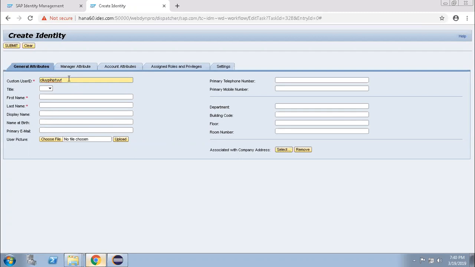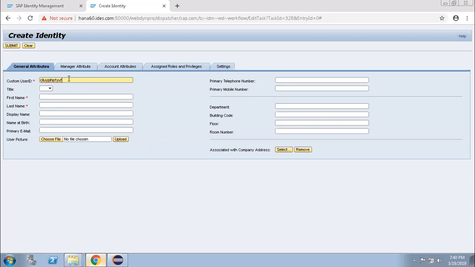But in the SAP system, the user ID is always created in capital letters and 12 characters. For some Java systems, it will create as small letters and more than 12 characters. But when the same ID comes to the SAP system, it will be created as capital letters and 12 characters.